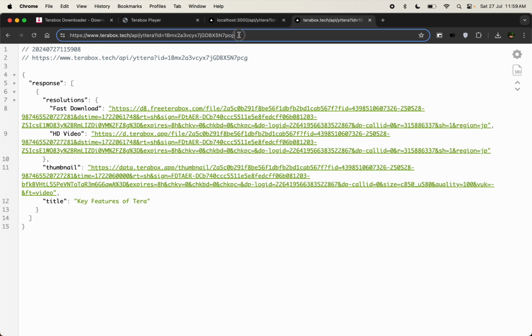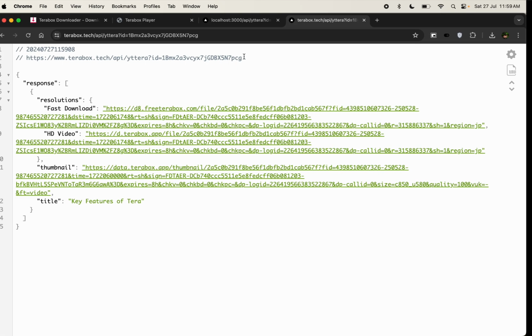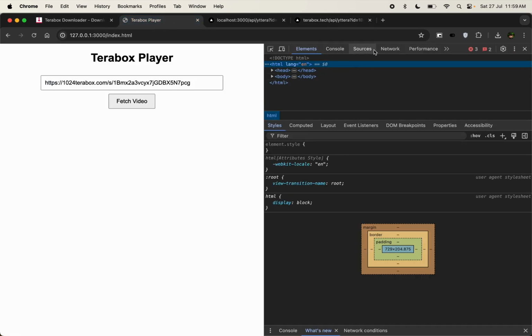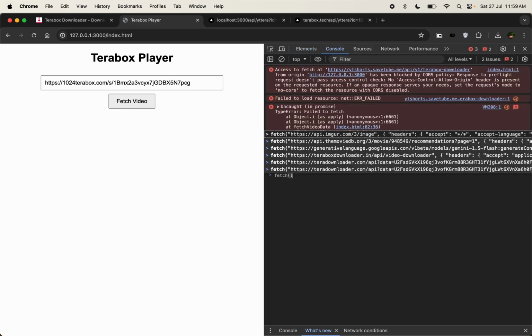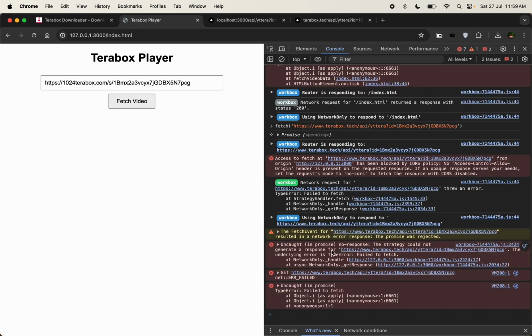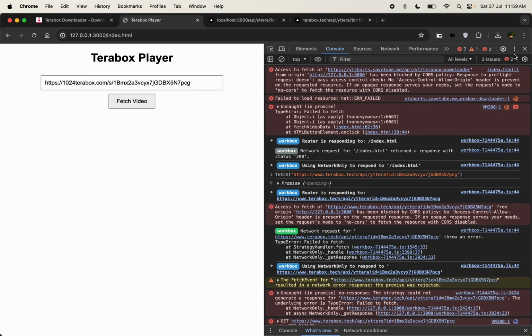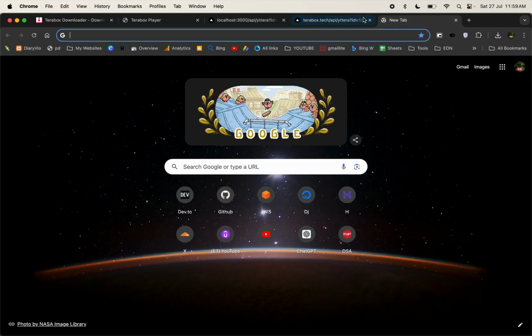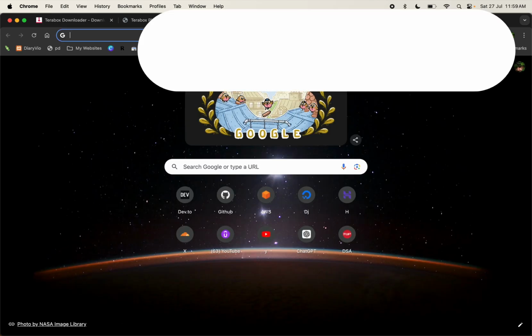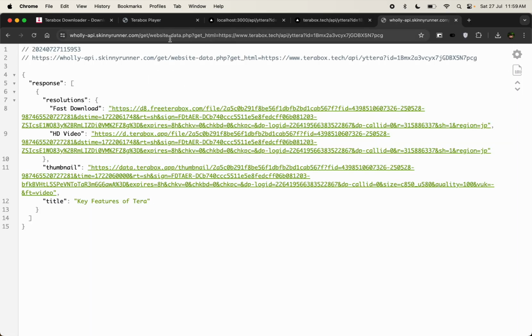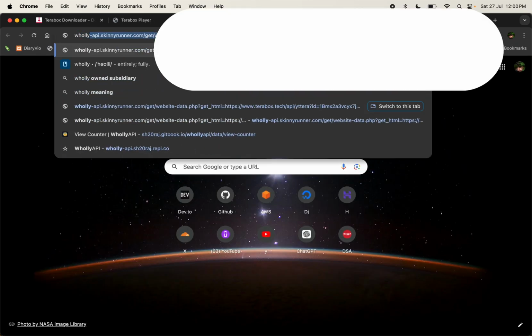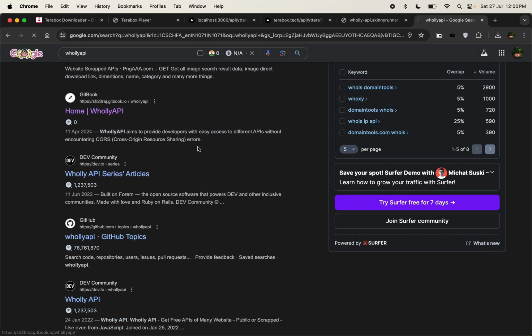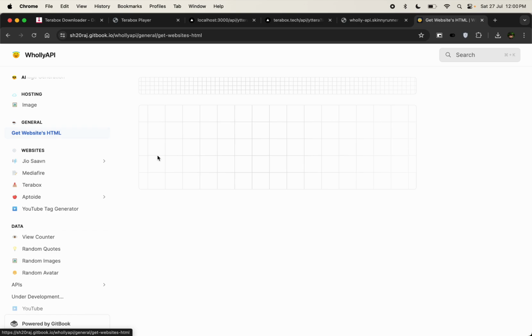And this is our API we are going to fetch. And it's also returning a CORS error, but I will show you how to bypass the CORS error of the GET request using Holy API that I had created in maybe 2020s, and this is the URL. You just have to search for Holy API and you will get this GitBook link, and after this you have to go to get websites HTML,